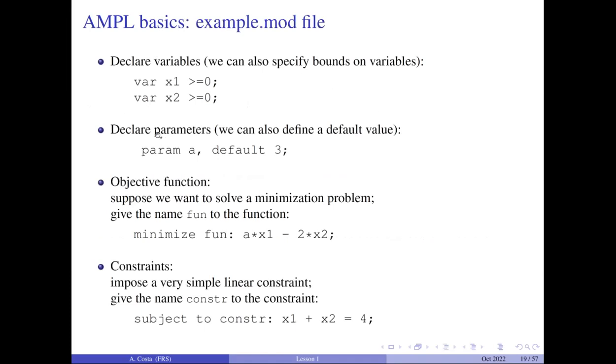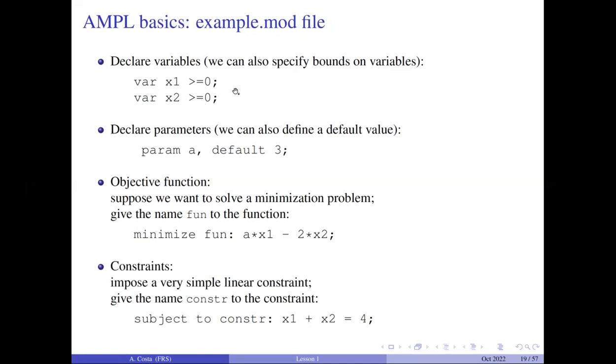This is the beginning of the syntax of AMPL. I will go through some of the main components, and then we will see later a full example, so you will see how this is used. Now, the first thing is how to declare variables. You see, it's very simple here. We just use the keyword var, which means variable, followed by the name of the variable like x1, and we can also directly define the bounds. So the first line here means that we are defining a variable called x1, and this variable is non-negative.